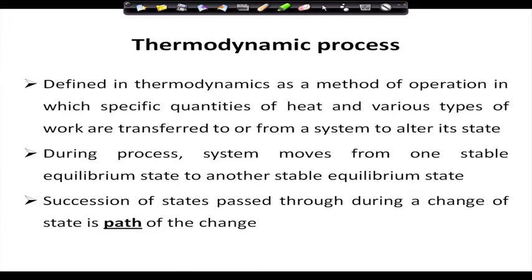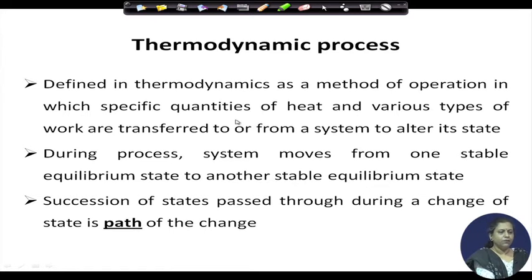By virtue of this particular process, it shifts from one equilibrium state, it continues along this path till it reaches a second equilibrium state, again when there are no unbalanced forces and there is no tendency of the system to deviate from the second equilibrium state unless again it is forced to do so. So, therefore, the process which a system undergoes is defined as a method of operation in which